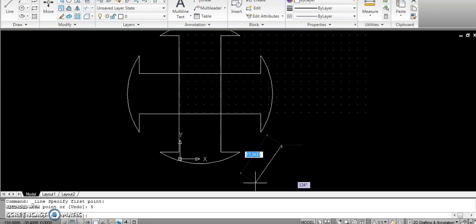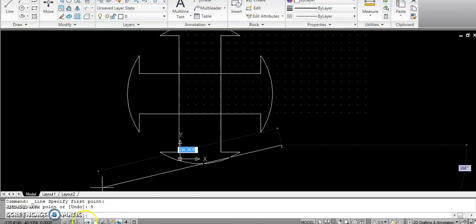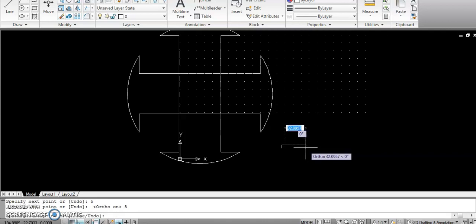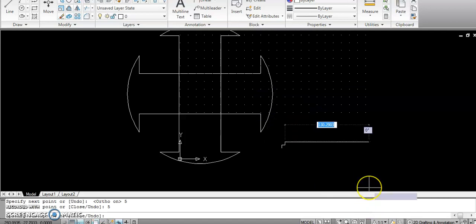Keep it this side, right side, and keep this on. Five, enter, and again 5, enter, and 5, then enter.